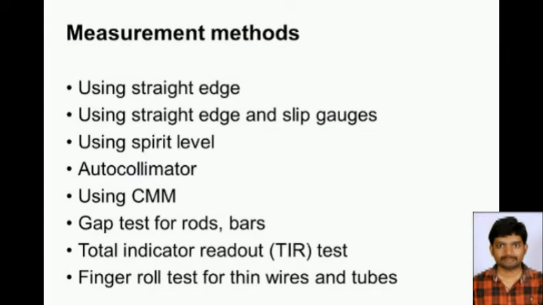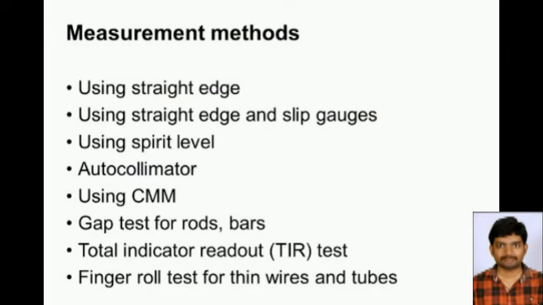The spirit level can be used only on horizontal surfaces, to check whether a particular line on the horizontal surface is straight or not, whereas the autocollimator can be used on all different planes. So it can be used for checking the straightness along horizontal planes as well as vertical planes. For example, in machine tools, say we have vertical guideways. Whether the vertical guideways are straight or not can be checked by using the autocollimator.